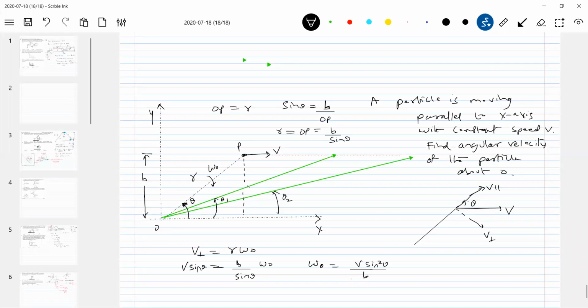Getting the idea? So the particle just moves along a straight line. It doesn't mean that. If you stand at the origin, you can find out the angular velocity. The idea is like this: if I stand at A, then you can write it as B omega. So depending upon where you are, you can assess that particular angular velocity.